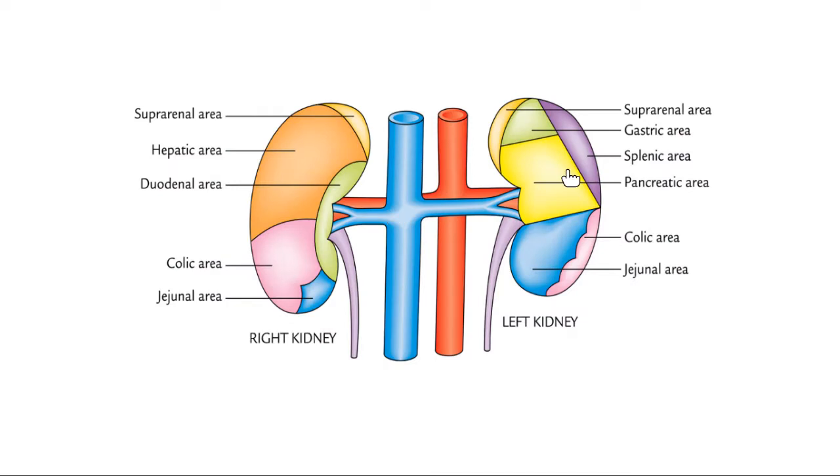And this is not yet over. Just the picture, you will be given the picture. Here you have to identify the right kidney and the left kidney. What are the structures related? So this is the anterior relations. The anterior relations of the kidney are different for the right and left kidney, whereas the posterior relations of both kidneys are the same. When you take the urinary system, you will read that. Okay.